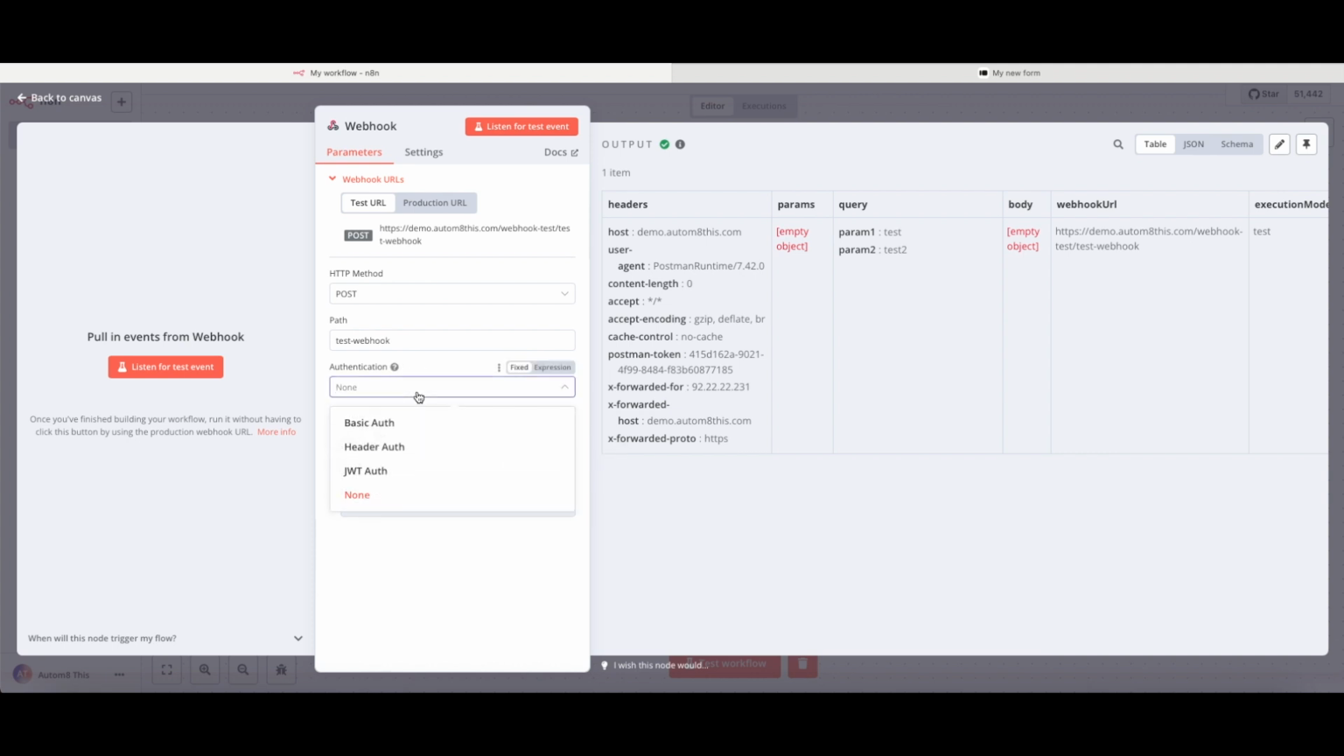n8n gives you three different options of how you can secure your webhook. You can either use basic auth, header auth, or JWT auth. Let's take a look at how these would work in my Postman request. So if I was to select basic auth,